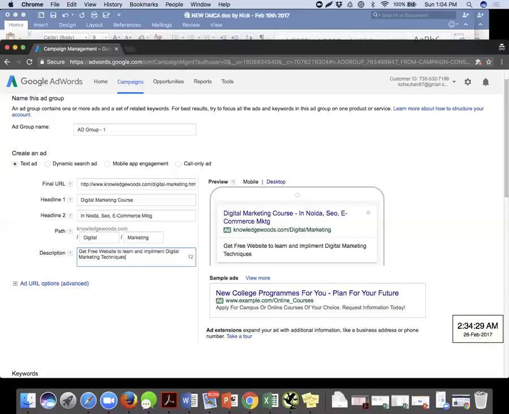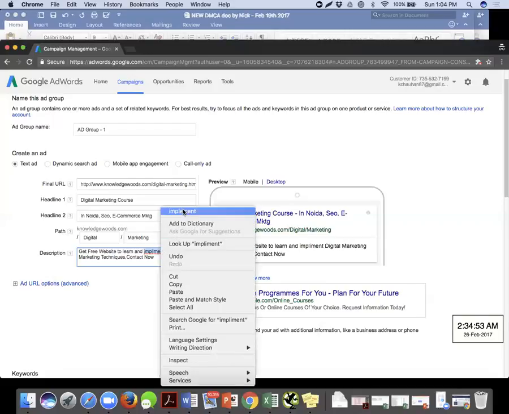Right. Let's say we can have contact now. Maybe we can type in that. Or call now, whatever. Alright. So it's minus 1 again. Okay, so the space between comma and C, you can reduce that. Alright. We can go further down, and the ad has been done.